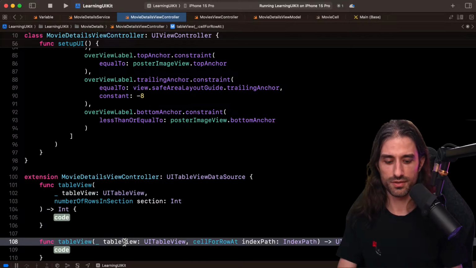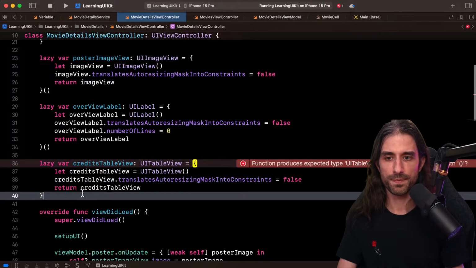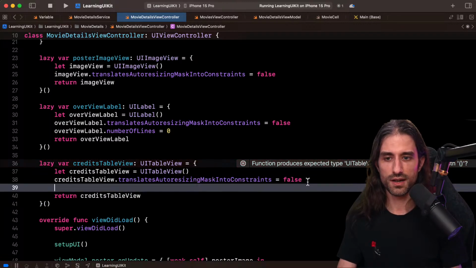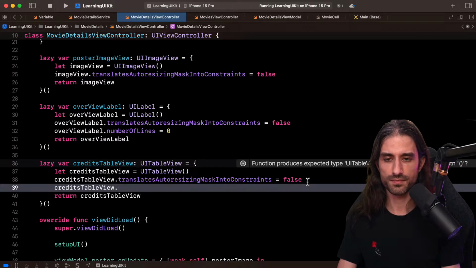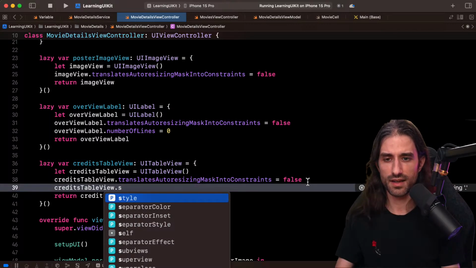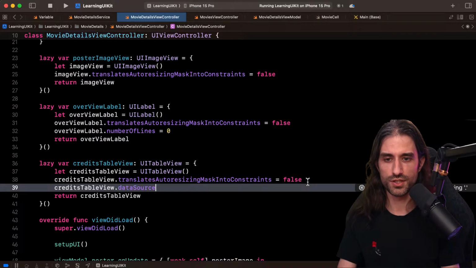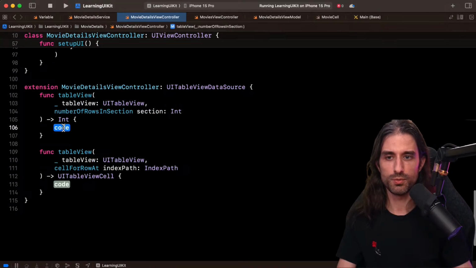Let me split the calls so that we get something that's more readable. So what can I do here? At this point, I can set the data source, which is going to be myself, like that. And I can implement the two methods.